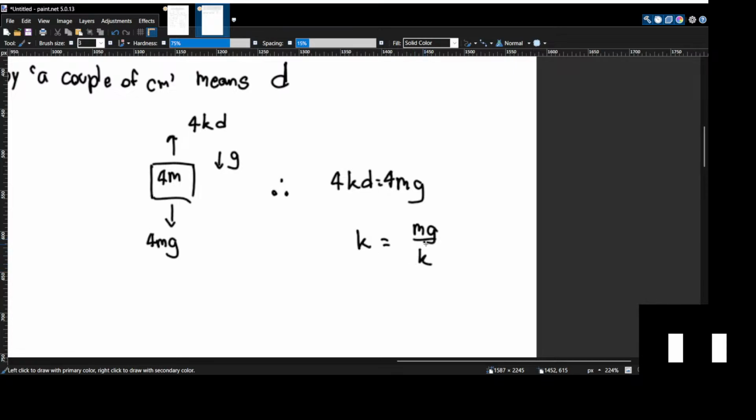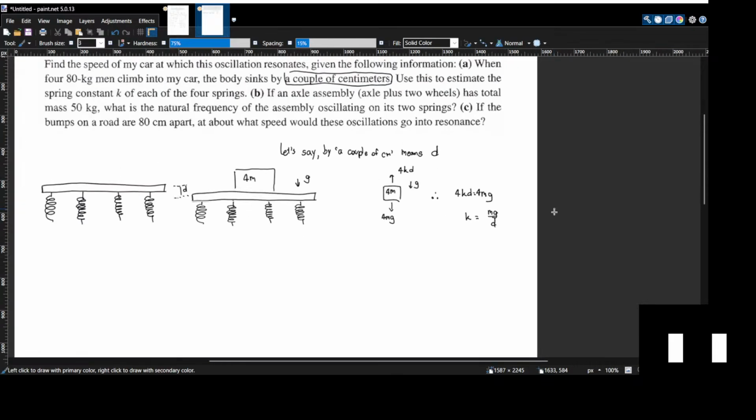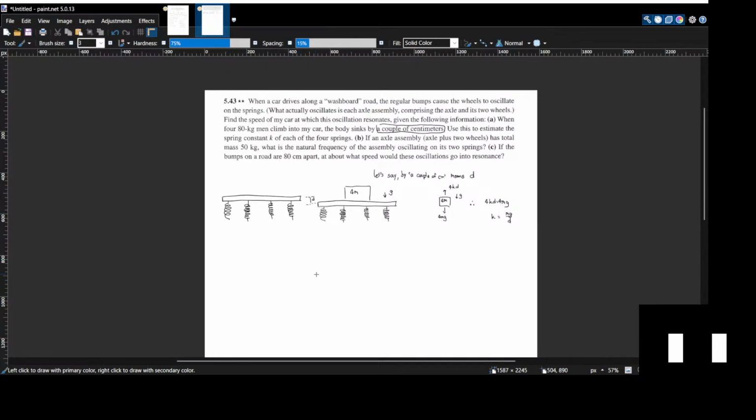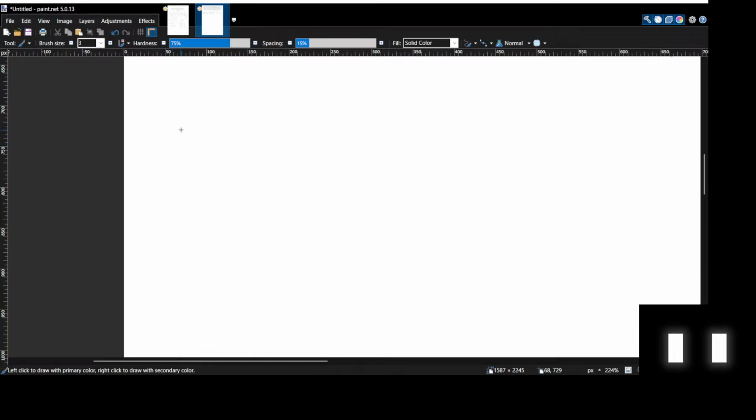No, not mg over d. Mg over d. It's just that. So for A, the answer is the k, the spring constant, is equal to mg over d, which is let's say approximately equal to 80 kilograms